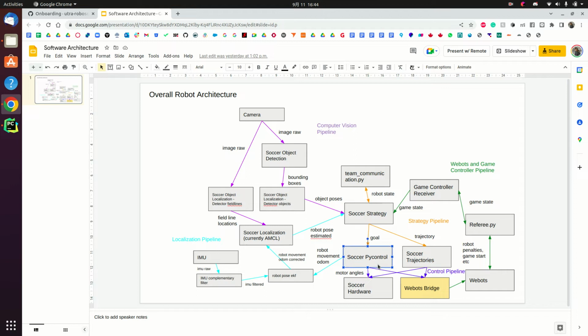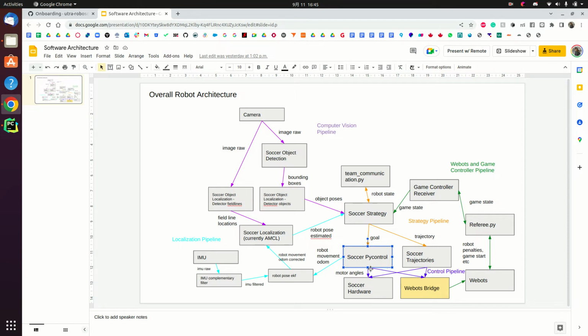And then there's the soccer pi control. Basically what this one does is all the walking trajectories, various kinds of walking, and